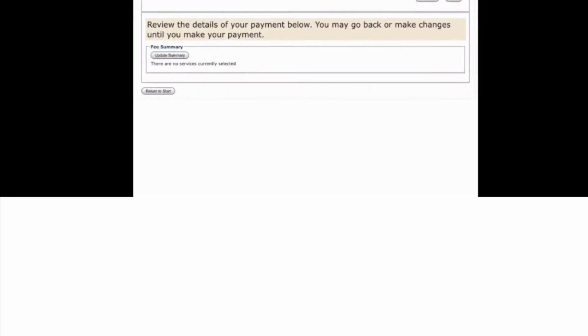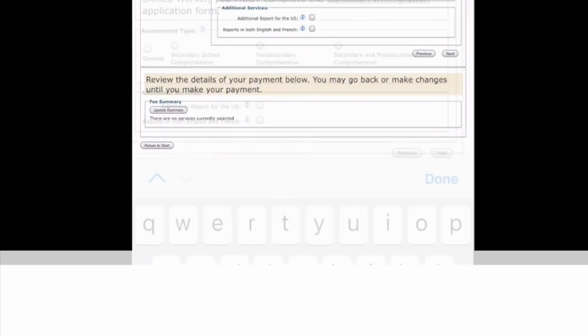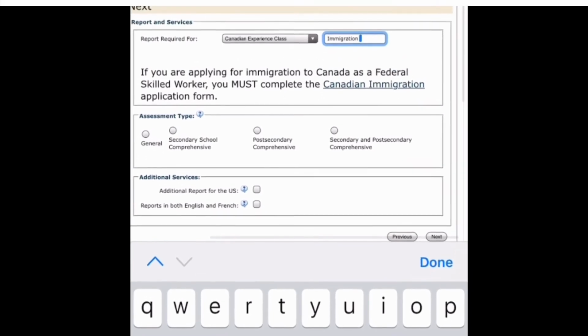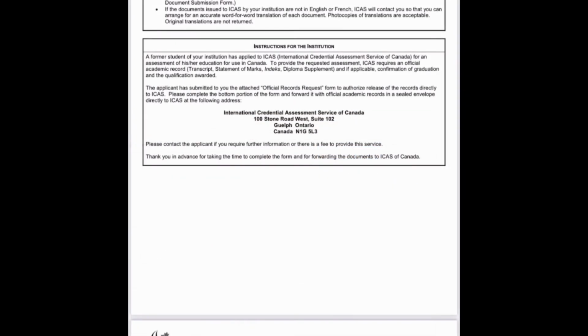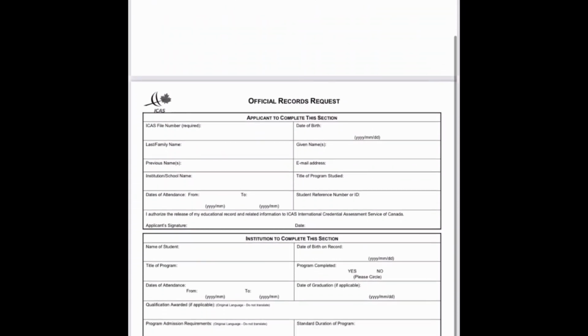Make sure you fill that form properly, in which you have to fill in your GNM first year, second year, third year, and final year, and there is a diploma certificate, I think, and your registration certificate. You have to write all that, since they are going to assess all these mark sheets.